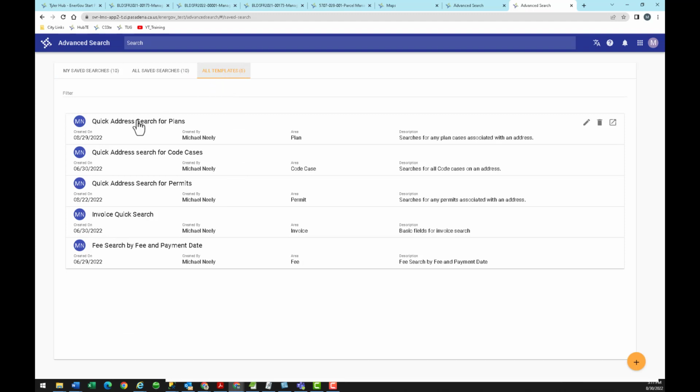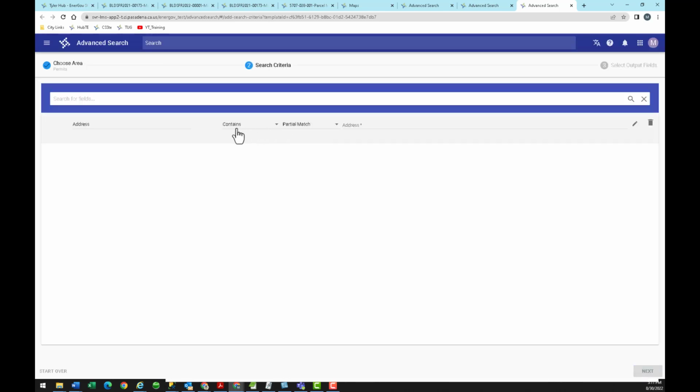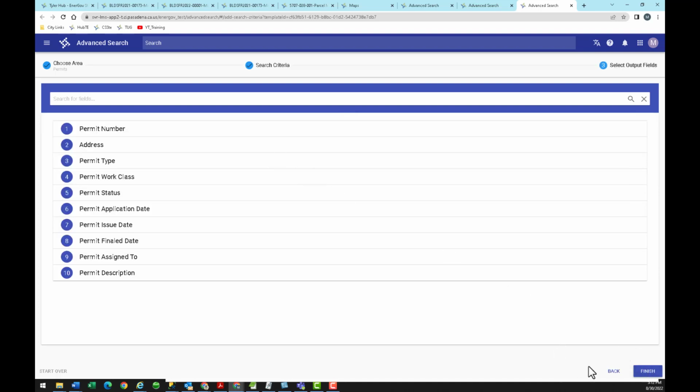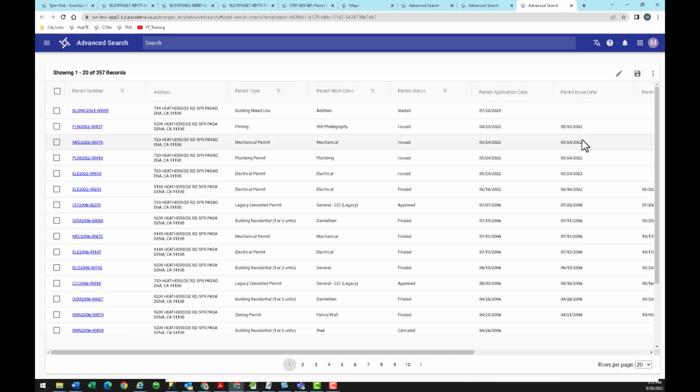So for instance, I just set up a quick address search for permits, plans, and code cases. Now I could go into here, open it up, and all it is looking for is an address that matches, and then you type in the name. You can change the criteria if you'd like and click finish. And if you click save,